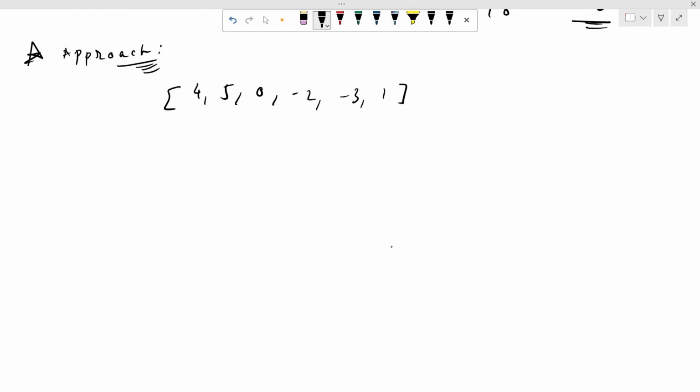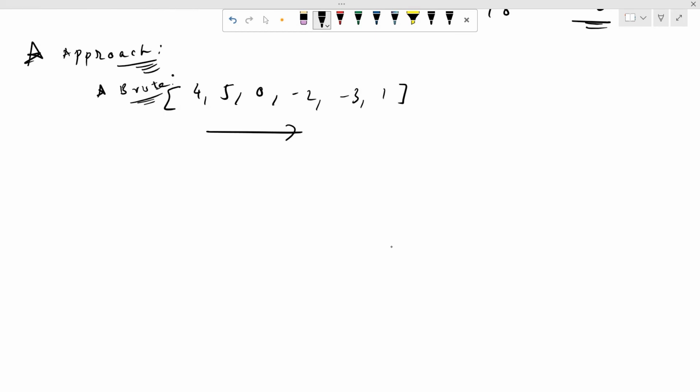So for this, first of all, let's talk about the brute force approach, right? What does the brute force approach look like? Whenever we are given an array question, what comes to our mind is to just traverse the whole array. We just need to know how many times we are going to repeat